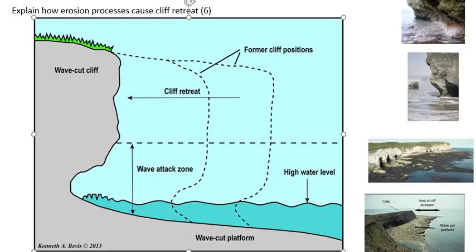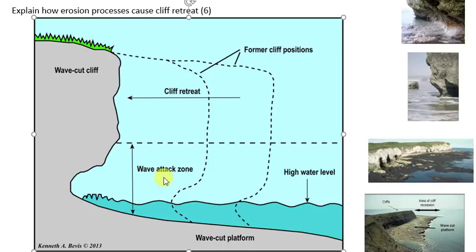Right then, give it a subheading, cliff retreat, and there is space in your activity booklet on page 10 to make a little sketch of this, but you're also going to need room to annotate it as well, which means that it might be better if you do it on a blank piece of paper. It's entirely up to you. Right, if we just have a look at this graphic, if you pause the video and sketch this and label it nice and big on a sheet of paper,